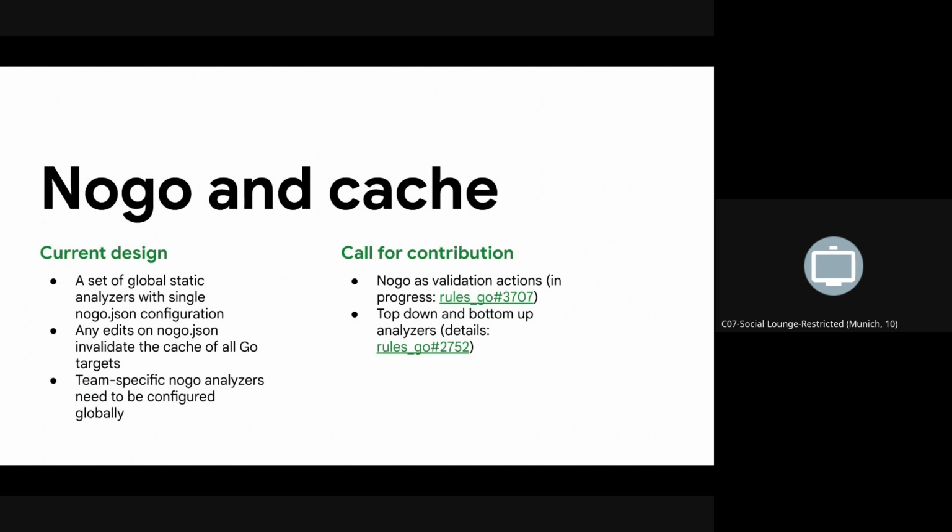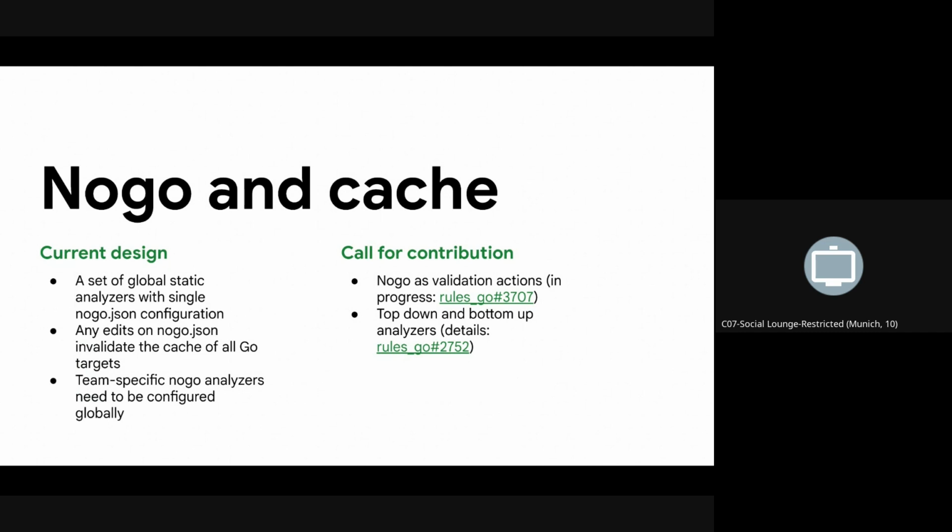Okay, so the first issue that we've run into is the design of nogo, which is our static analysis tool for code. Basically, it analyzes code to make sure things are structured properly and similar to a linter. But it's built inside of the compile action in the Go compile PKG, which means that currently it breaks your build when you start compiling it, and there's an error there. And this works well for small repos because the user gets feedback pretty quickly. But when you have millions and millions of lines of code,